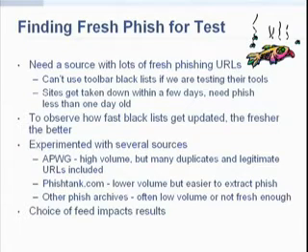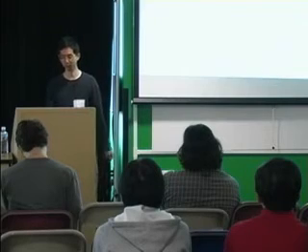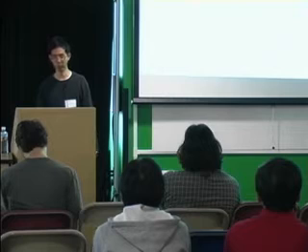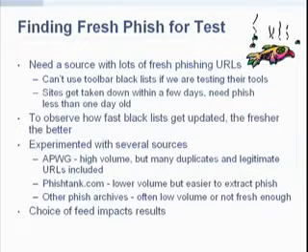We also experimented with several sources. To give you more information, the APWG is very high volume. It gets lots of raw emails. People just forward emails that they think are phishing attacks. There's lots of duplicates, and there's also some legitimate URLs included inside of them, so there are also some false positives. For fishtank.com, it's lower volume, but it's far easier to extract the phishing URLs. They just give you an API for getting these. There are also other phish archives that we've experimented with. We tried accumulating ones ourselves, but they're typically low volume or not very fresh.